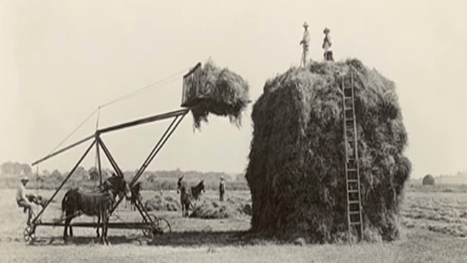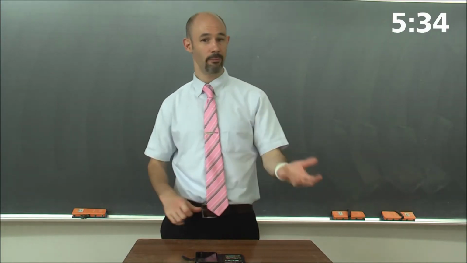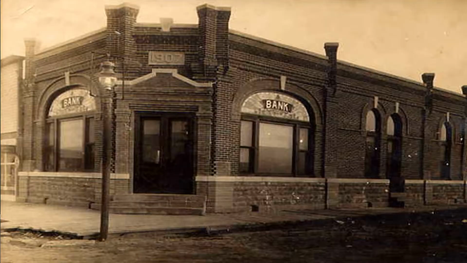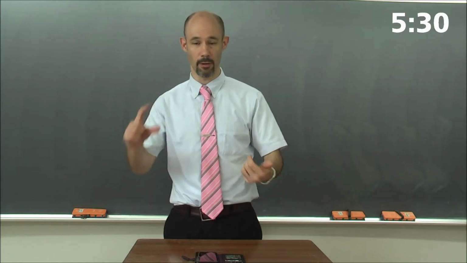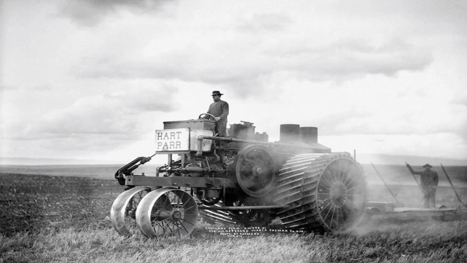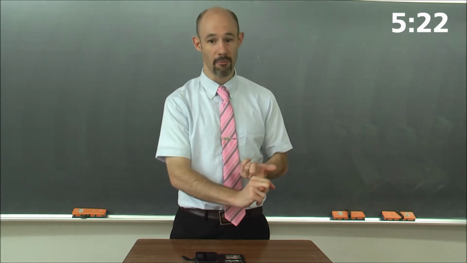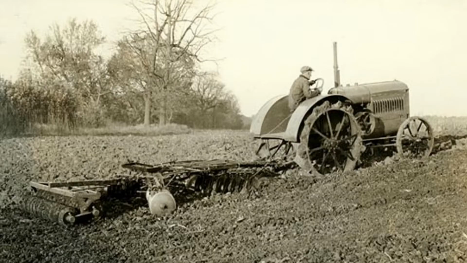Now, when you have a bubble, people without money want to get in on the action. They have to borrow money. So banks start appearing to lend people money. The people use that money to buy wheat and to buy machines. They start buying tractors. And the tractors, of course, can do in a day what a horse would take weeks to do. So they start to plow even more land.